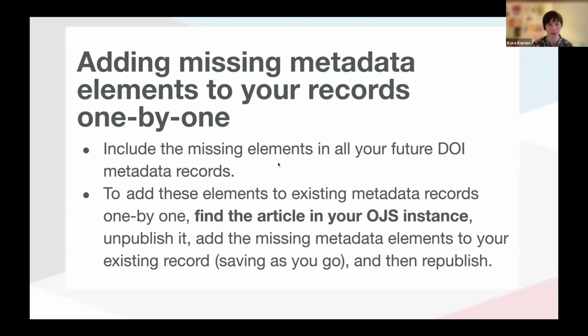You will save yourself some work in the future. However, for the ones that you might have identified and think you might be able to complete the information in the records, to add to an existing record, you need to find the article in your OJS instance, and then you unpublish it, add the missing metadata elements to the existing record, saving them as you go so you don't lose anything, and then republish. And this way we'll get all the metadata elements together